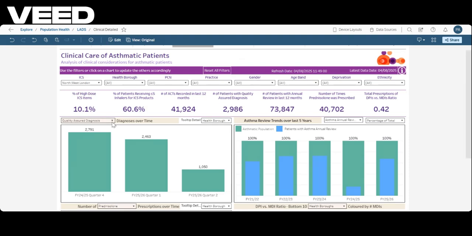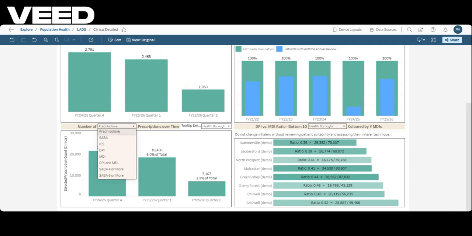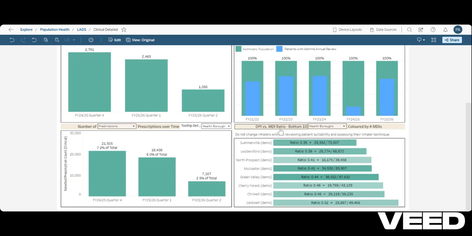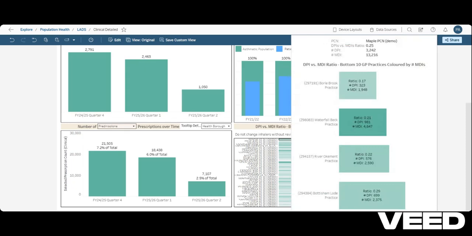Key features: quality assured diagnosis, peak flow, FEV over time, and this can be seen broken down by health borough, PCN, or practice. Asthma annual review, inhaler technique, personal plan, ACT over the last 5 years can be seen as total number or percentage of total. Number of medication prescriptions over time, seen per borough, PCN, or practice, and DPI versus MDI ratio for bottom 10 health boroughs, PCNs, or practices. If I select PCNs and hover over one of the segments, I will be able to see practices within that